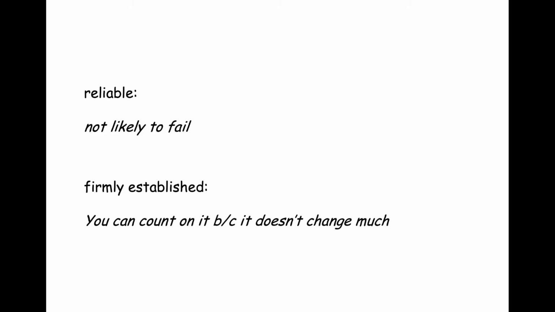So when you think about stability, you think of two things. You think about reliability. You can do it again and again and again. It might move a little bit, but on average, you stay upright, firmly established, like that bridge. It is a rock. It's not going anyplace. And so with this reliability, what comes to mind is this idea that something is not likely to fail. Firmly established, this doesn't change very much, doesn't move at all. You can count on it because it doesn't change very much, like that bridge.